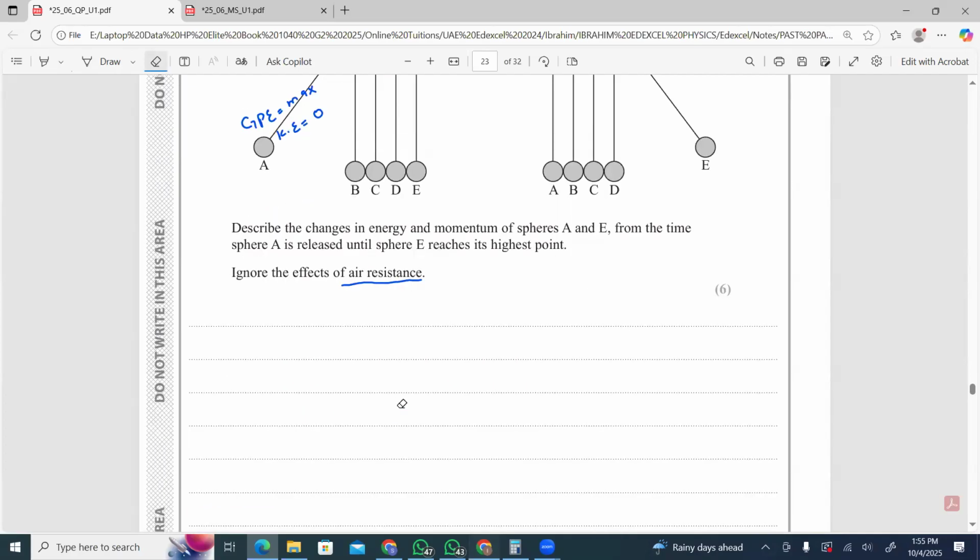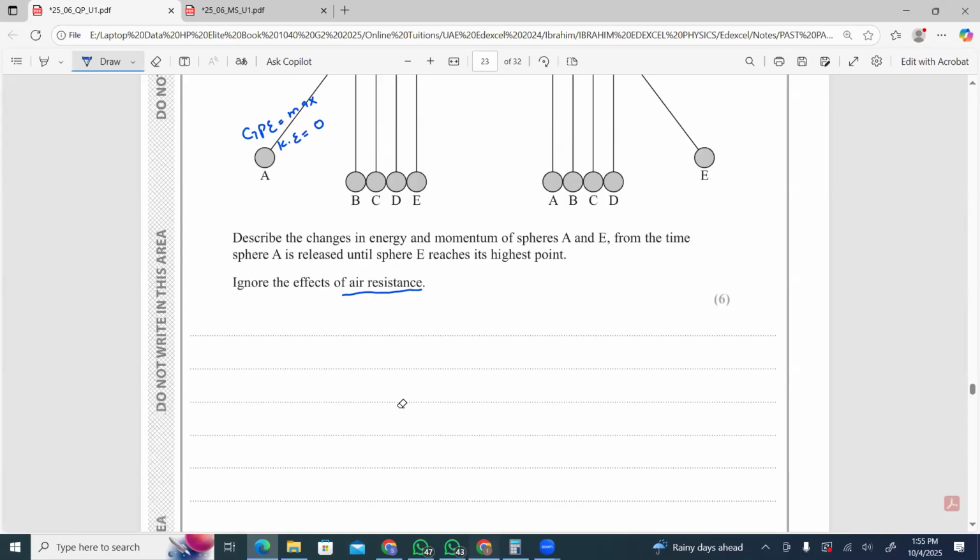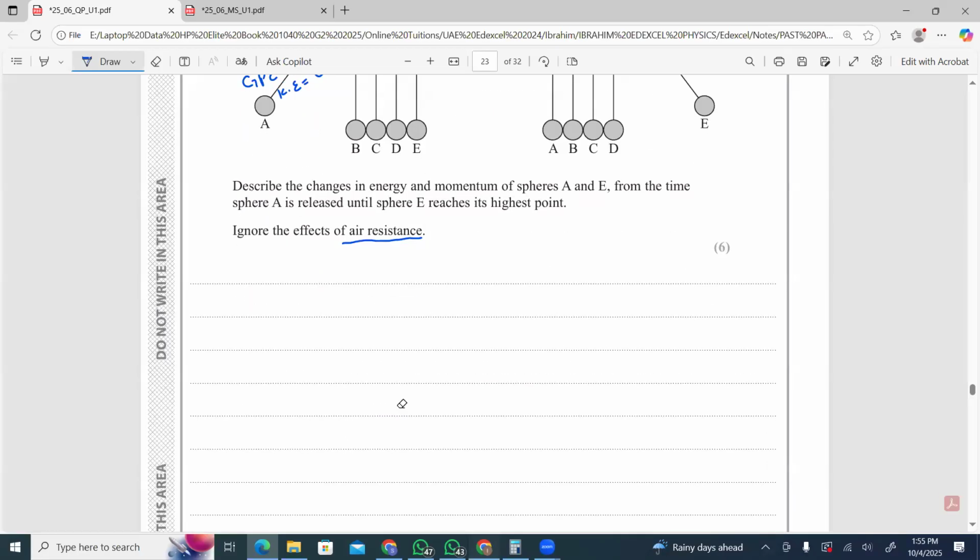So first of all, let's start writing for this kind of question, like a 6 marker. One thing that you have to be very careful about is that your answer should not be randomly explained or randomly written. It must follow a sequence. So for example, you have to start from E. If you start from E and come back to A, you will get 0 marks in this question. So you have to follow the sequence of things that are happening. So you need to explain one by one. So for example, at point A, your GPE starts to be converted into KE. So you have to write the first one as